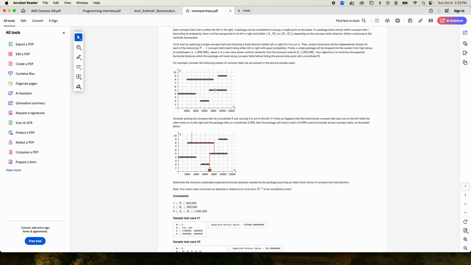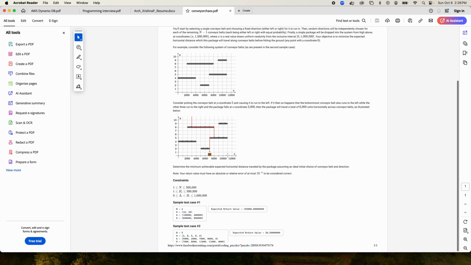So multiply 0.5 times the average distance of this belt in both directions, and that's it. If it is going left, then it is the average distance of this belt plus the average distance of this belt in both directions times 0.5, you do that, right? So like that you compute,